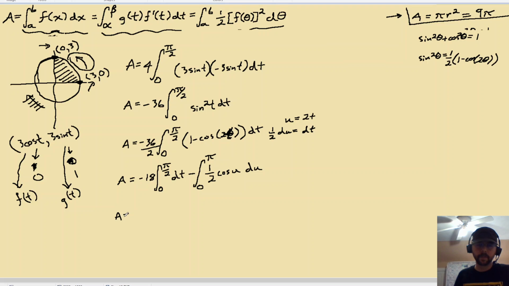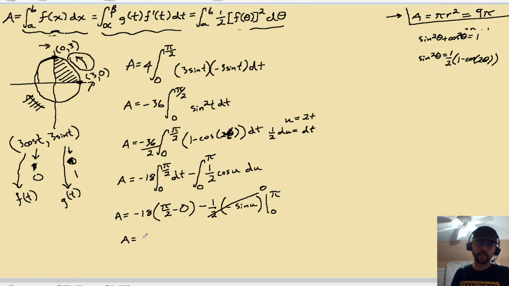So area equals negative 18 times pi over 2 minus 0 minus 1/2 times the integral of cosine of u, which is negative sine u, and we're going from 0 to pi, and once again sine of 0 is 0 and sine of pi is 0, so this whole thing is going to evaluate to 0, and we're going to end up with area equals negative 9 pi, which is basically correct, except